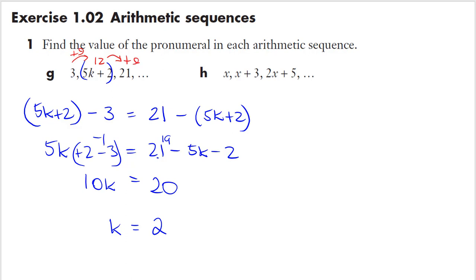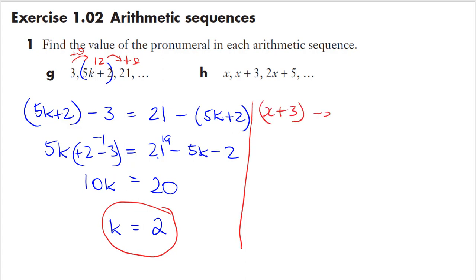That's a way that you can just check that that value is, in fact, a valid answer. For part H, similar technique here. We'll do term 2, term 1, and term 3. x plus 3 minus x equals term 3